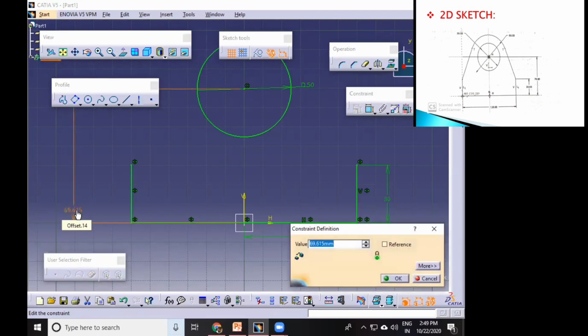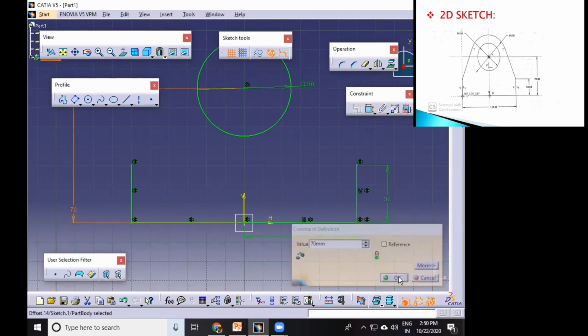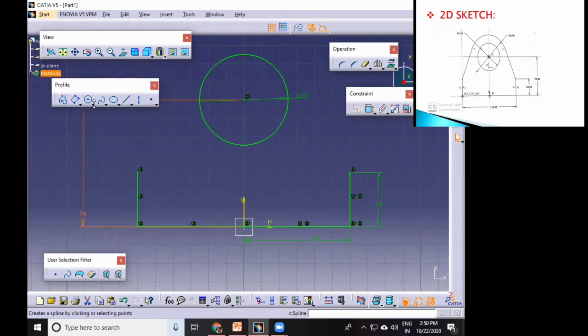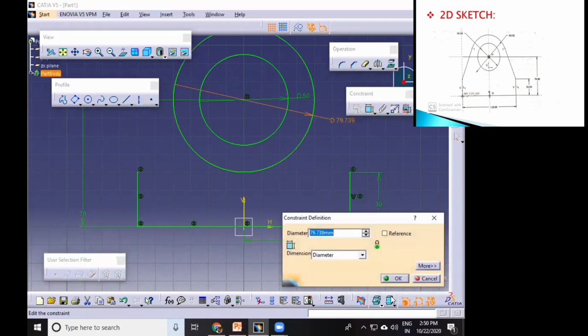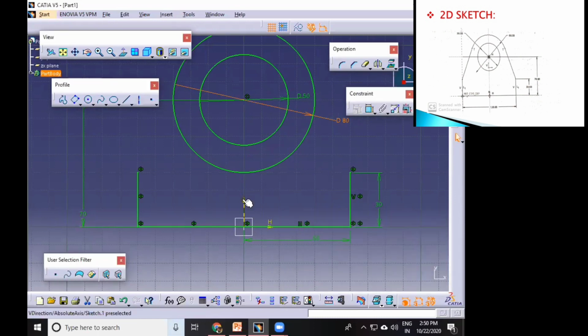This distance is 70 mm. Okay, then there is another circle having a dimension of 80 diameter. Okay, click on it and give the dimension. Okay, this is your diagram.